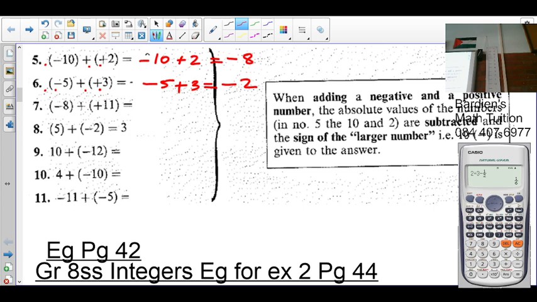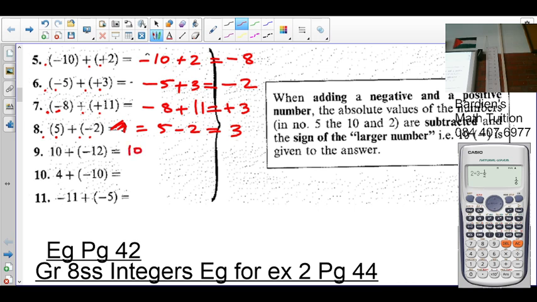And remember, if we're adding, we go to the right on the number line. When we subtract, we go to the left on the number line. Okay, so positive times negative is negative 8. Positive times positive is positive 11. And what is minus 8 plus 11? It's going to be positive 3. The next one, we have positive times positive is positive 5, positive times negative is negative 2. 5 minus 2 is